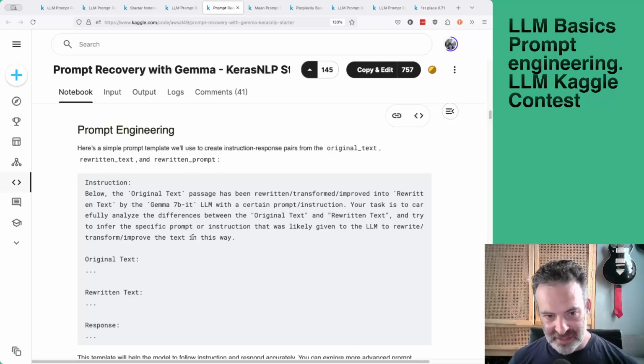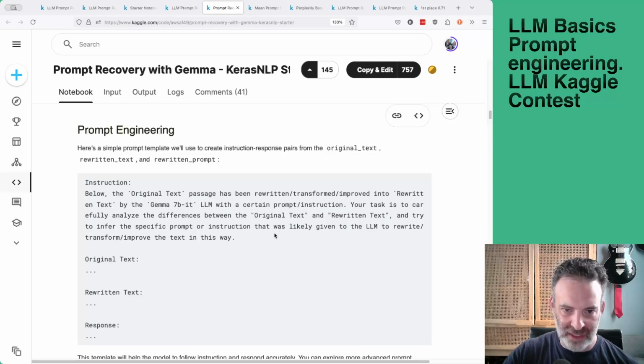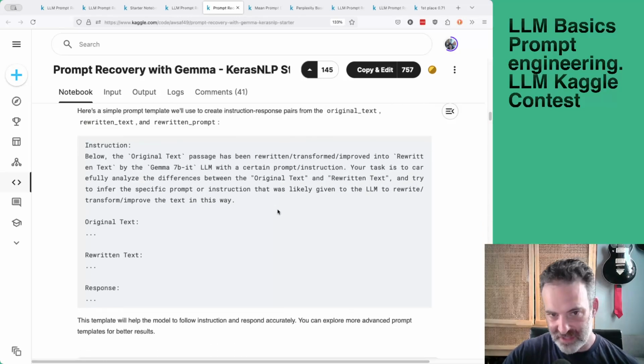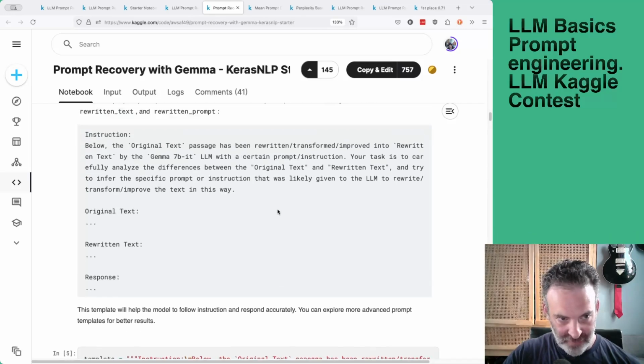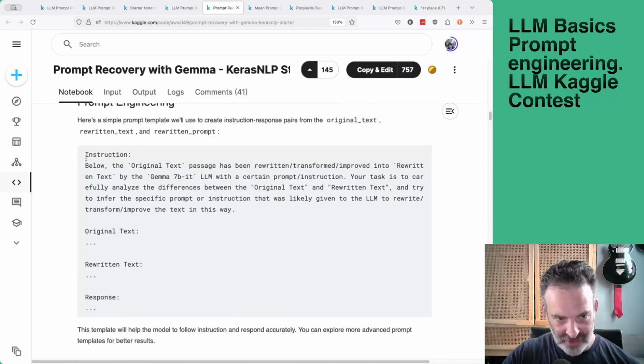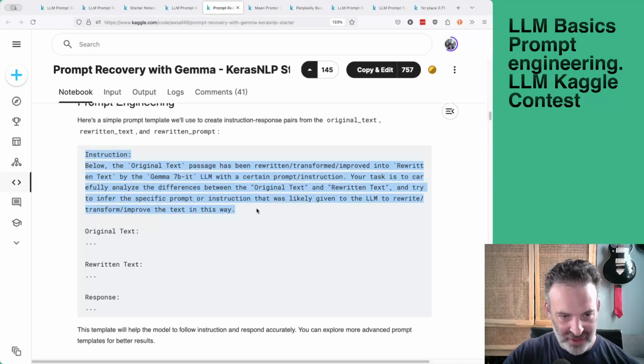So telling it that it's now its turn to answer that question is what you need to do. That's just very, very basic prompt engineering, and there's quite a lot more like that that's been uncovered in this contest and other work out there. But yeah, here's a basic prompt.